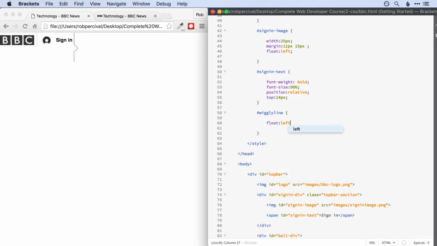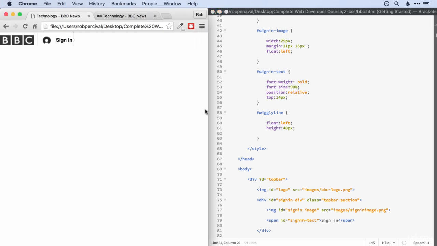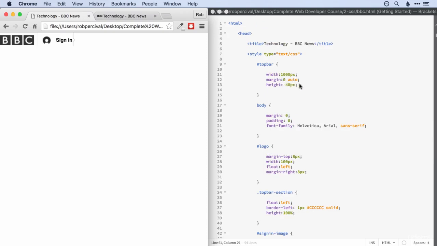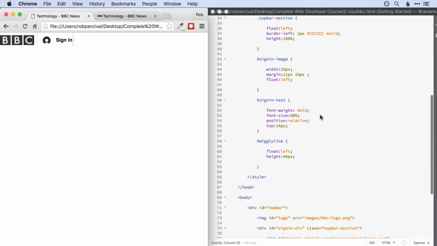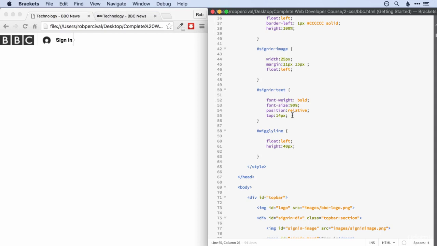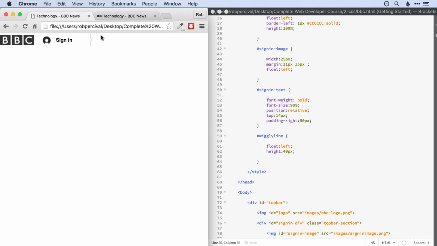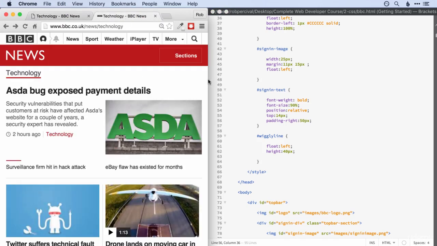We're going to want to float it left, and let's give it a height of, well, for now we can put 40 pixels, which is the same height that we gave the top bar originally. So that will do for now. We might need to perfect it when we've got everything in place. Obviously it's pretty close to sign in there. So what I'm going to do to fix that is give my sign in text span a right padding of, let's say, 50 pixels. See how that looks. Okay, I'm happy with that. I think that's about the right sort of distance